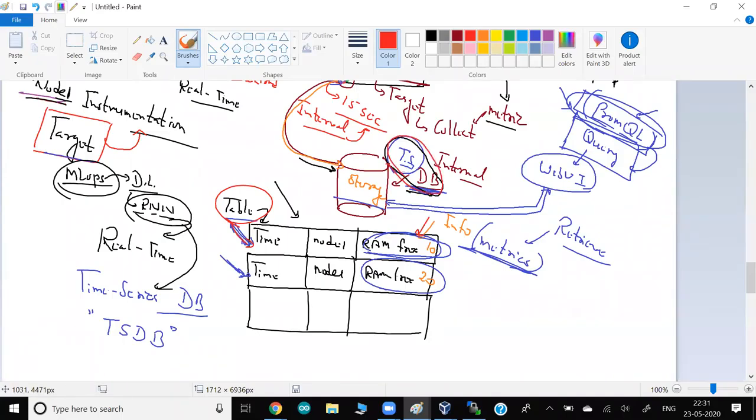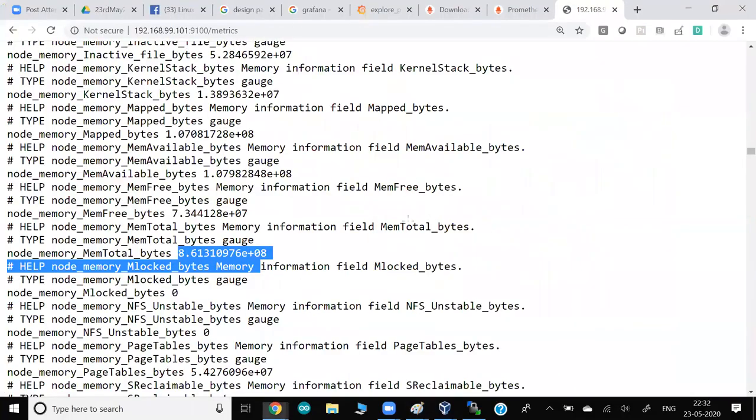There's a way internally, guys. I'm just trying to show you very internally. Normally we don't see this kind of internal discussion in Prometheus. We can just integrate and start using it, but I'm showing what is happening behind the scenes. If you know this, then without the Prometheus server also, you can utilize this information.